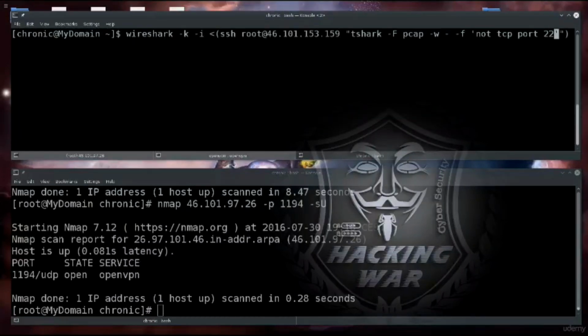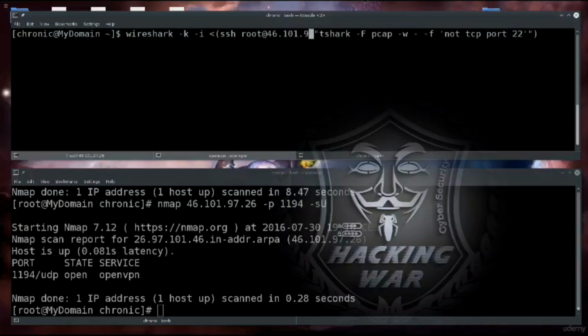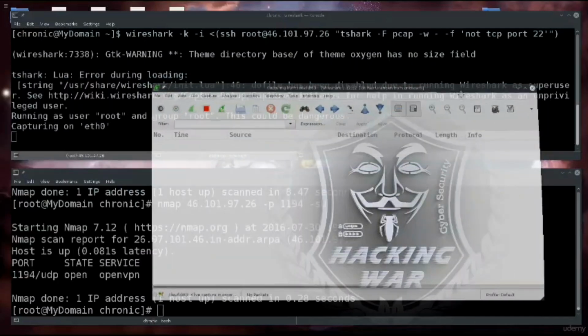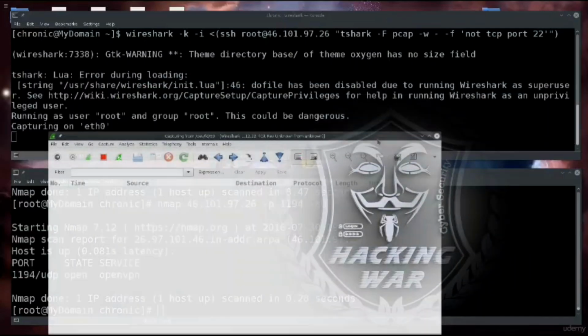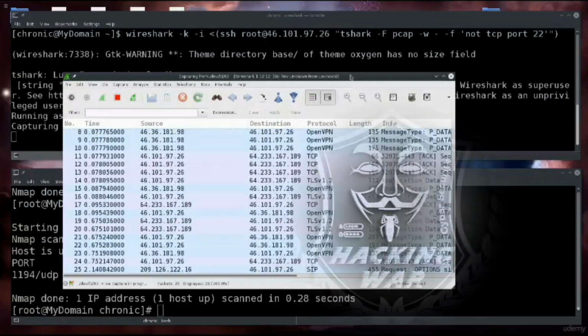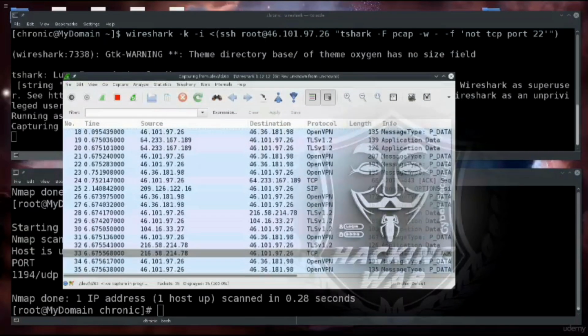Clear the screen, and this is not even the proper IP address, so let me just go ahead and promptly change that. So 46.101.97.26, and let's go ahead and do it now. Okay, so it says running as root, group root. This could be dangerous. Yes, I am well aware of it, but this is our traffic from the